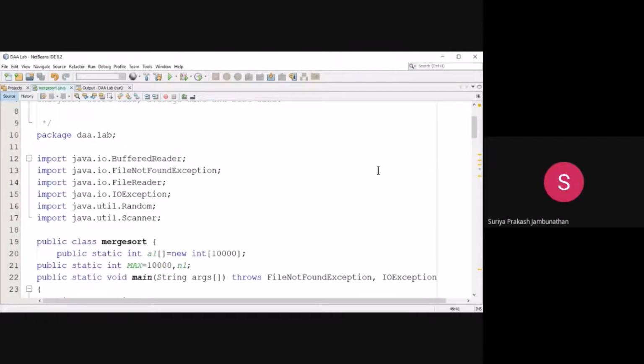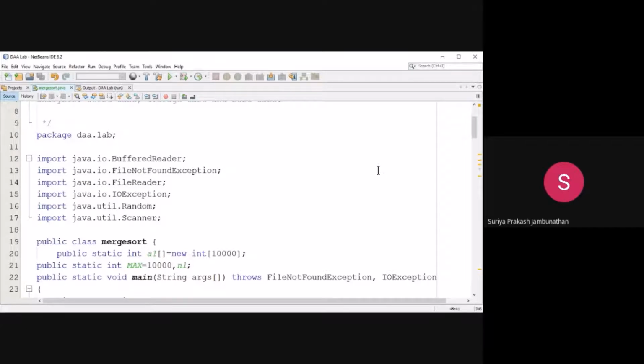We have a lot of exceptions. Divide by zero exception. Then array index out of bound exception. Then null pointer exception, or whatever the file we are searching for. If the file is not there in the particular location, then we have to raise the exception named FileNotFoundException, so that the program will not crash and it will end in a very safe manner. For that reason, we are importing the FileNotFoundException package.